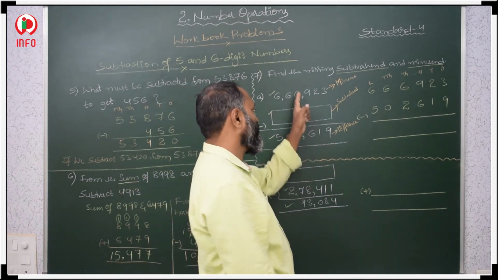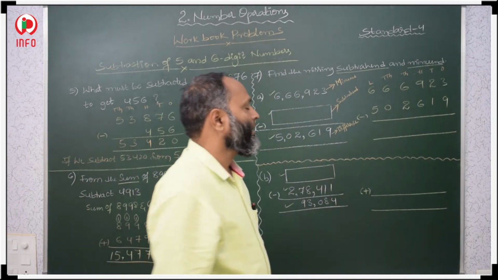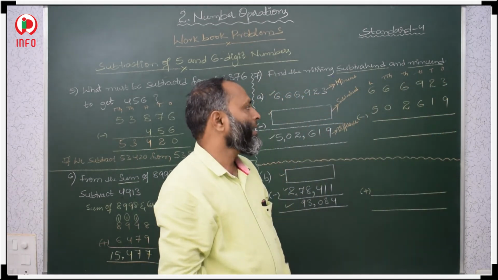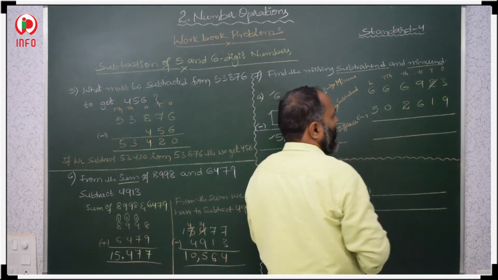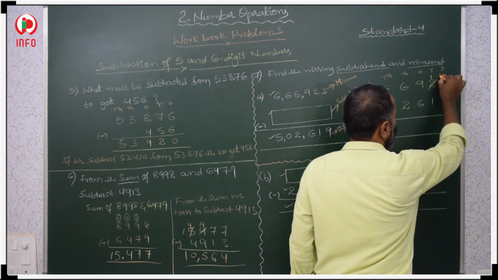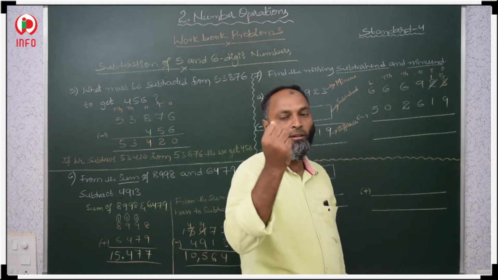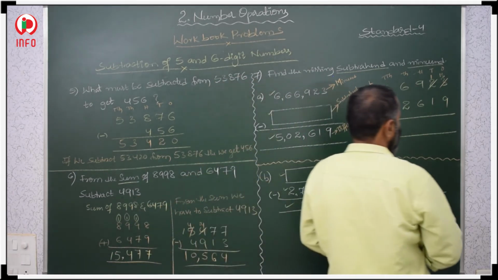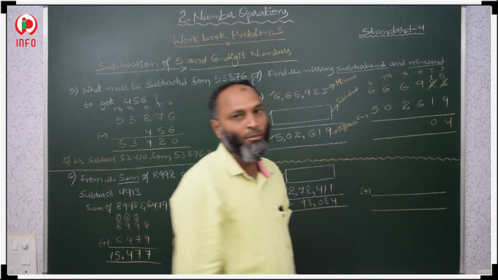Subtract the difference from the minuend, then you will get the subtrahend. 3 minus 9: 3 is smaller, so take a borrow from the next digit. It decreases by 1, so 2 becomes 1. Here we add 10 to 3, which is 13. 13 minus 9 means counting from 9 to 13: 10, 11, 12, 13. This is 4. 1 minus 1 is 0. Same number minus same number.